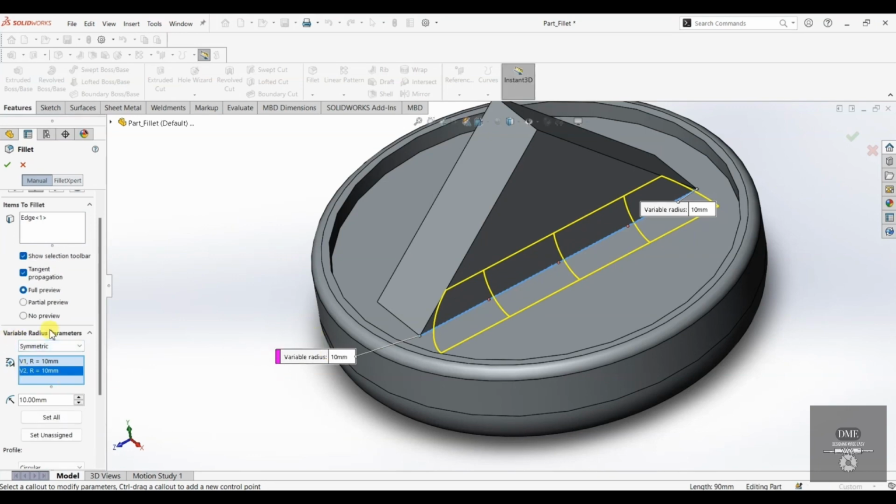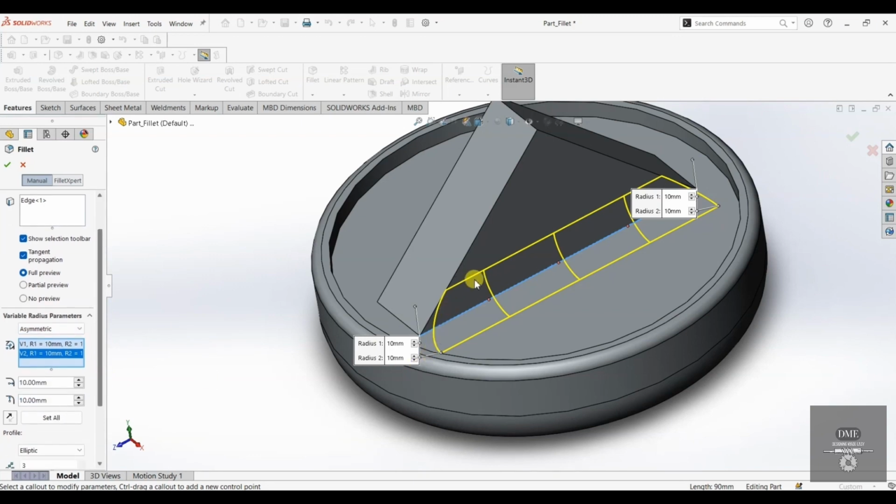So this is almost like the constant size fillet. Now what I'm going to do is select asymmetric. After selecting asymmetric, here we don't have a symmetric condition anymore. I'll change this to 5 mm. When I change this to 5 mm, you can see that we have the radius of 5 mm here